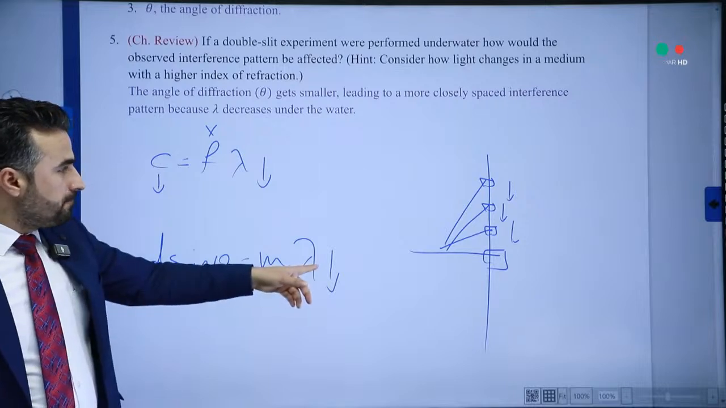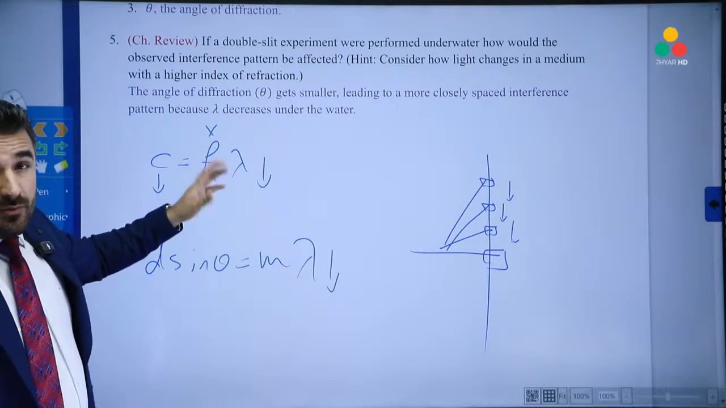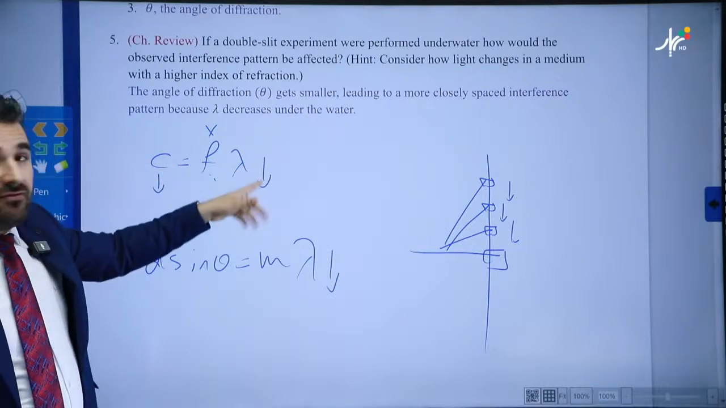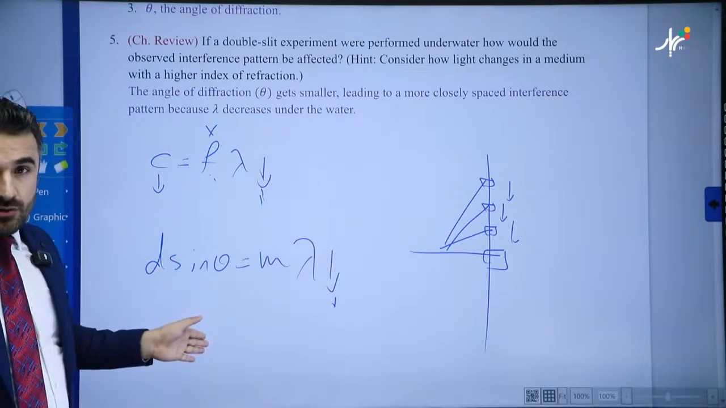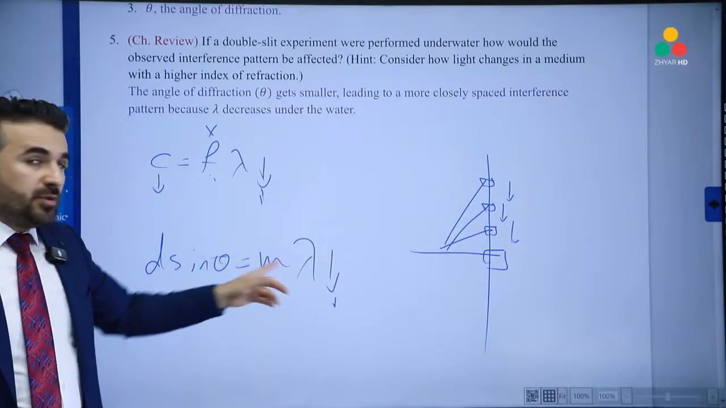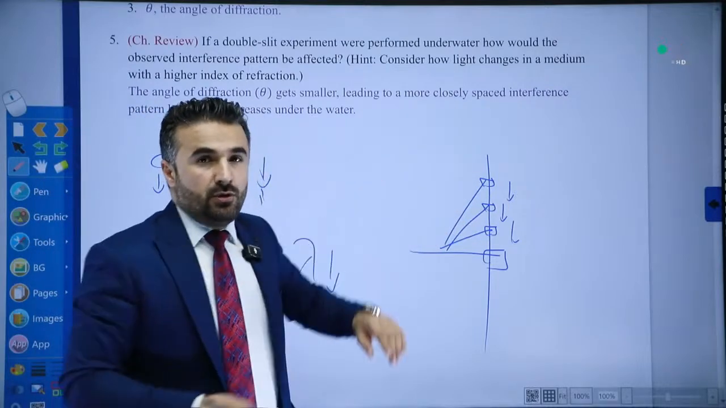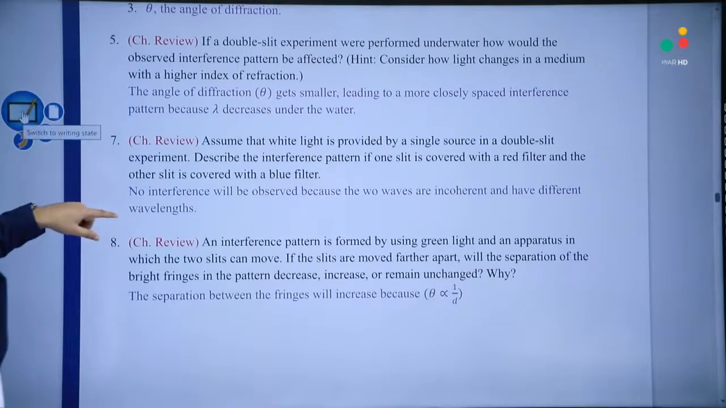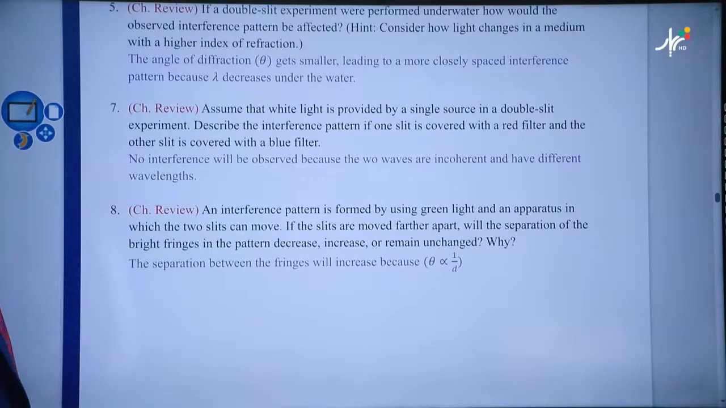Why? Because we said the frequency of light doesn't change by changing the medium. So the speed of the light slows down because the wavelength decreases. If wavelength decreases, that means this angle must decrease as well. So you can see these two are directly proportional. If this angle decreases, the fringes will get closer to one another. So that'll be the answer. You can say the angle of diffraction theta gets smaller, leading to a more closely spaced interference pattern because lambda decreases